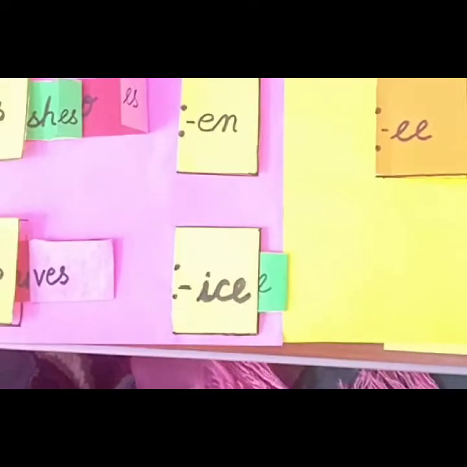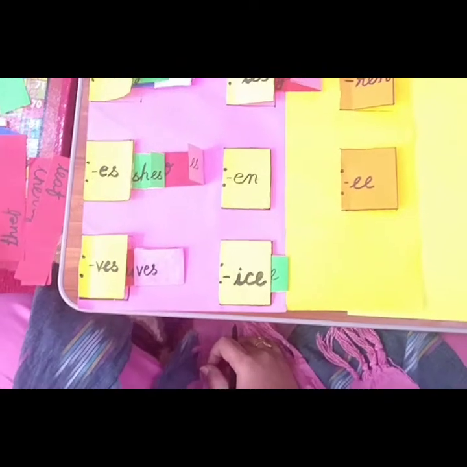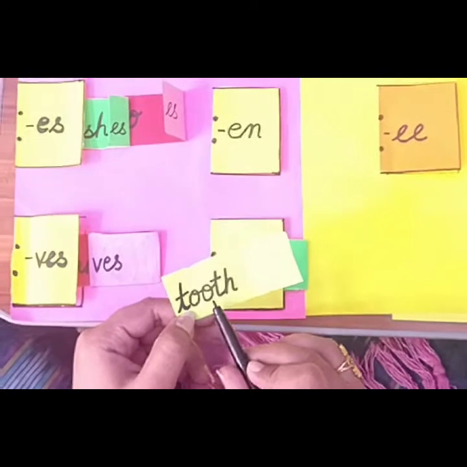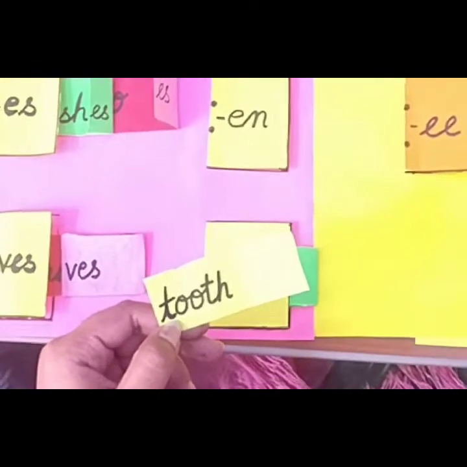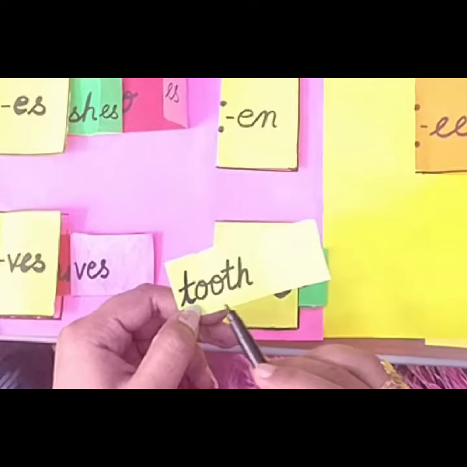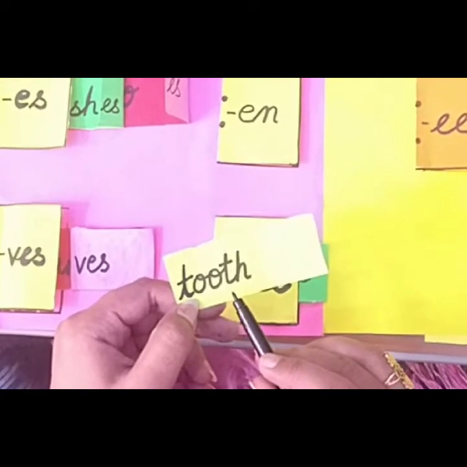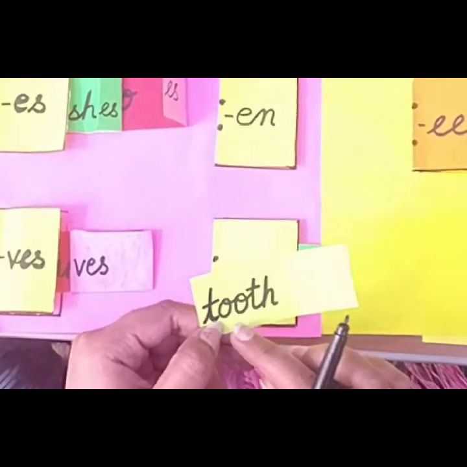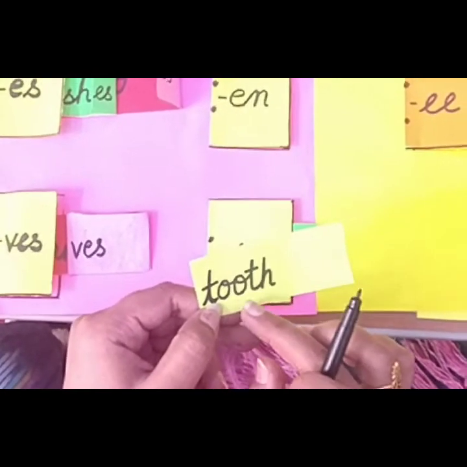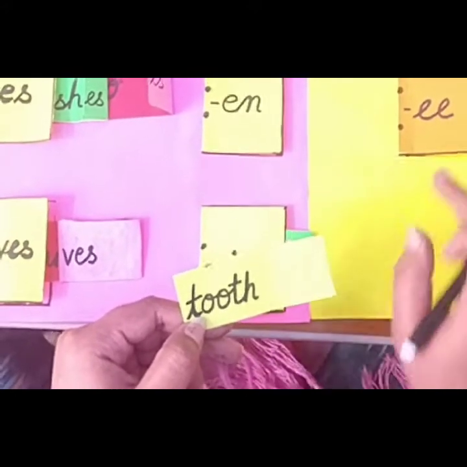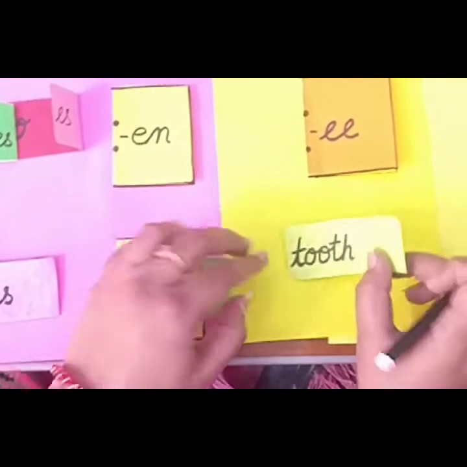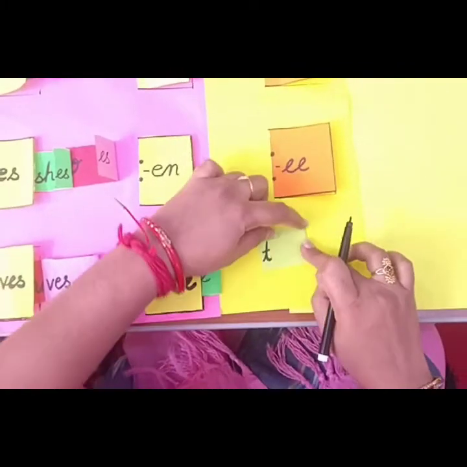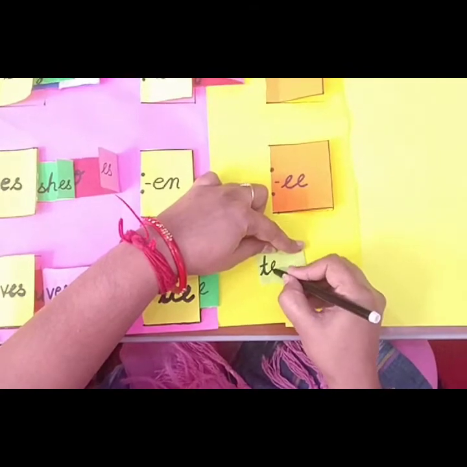Then another word we can take, that is, let's take the word tooth. Here if you see, T-O-O-T-H, tooth. Tooth means a single tooth, right? So what suffix do we need to add here? Here we don't need to add a suffix. Here again the double O will change. Here we have to remove double O, and instead of double O, what we have to add? Here I have to add double E. So I will fold the whole chit like this. The whole word got changed. The plural of tooth is teeth.